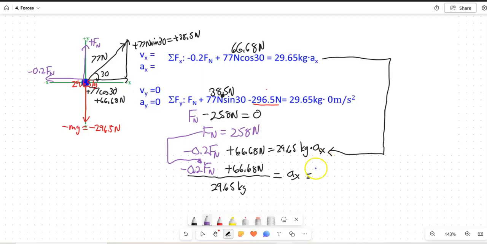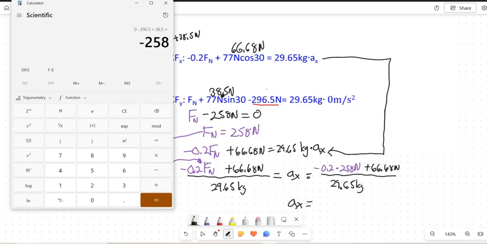All right, so negative 0.2 times 258 newtons, these numbers are weird, plus 66.68 newtons divided by 29.65 kilograms. Okay, so that means our acceleration is going to be equal to, let's see what we got here,